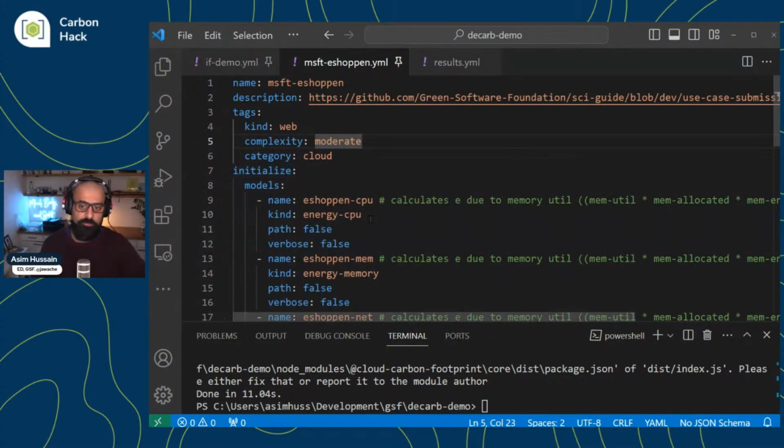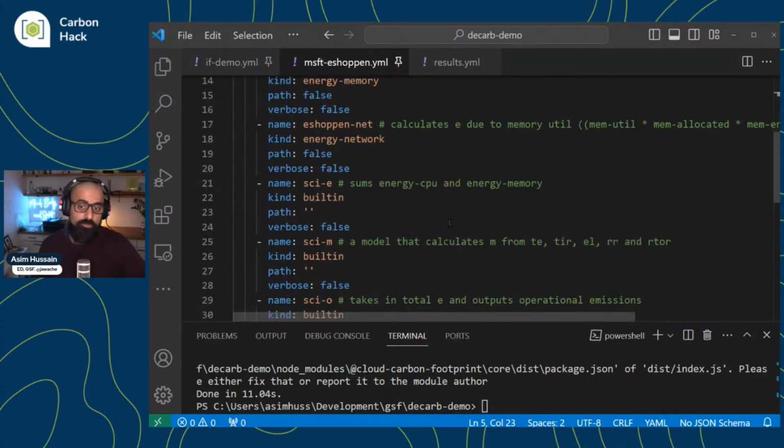So you define these models, and models are just little bits of code that you can plug in to Impact Framework. They're actually separate, but you can just install them. Each one is like an atomic little thing that you can install independent of Impact Framework. You can build your own. There are ones you can cherry pick out there, and we're using TypeScript in this example, but you can npm install them. I'll show you later, but you can write them in Python and other languages as well.